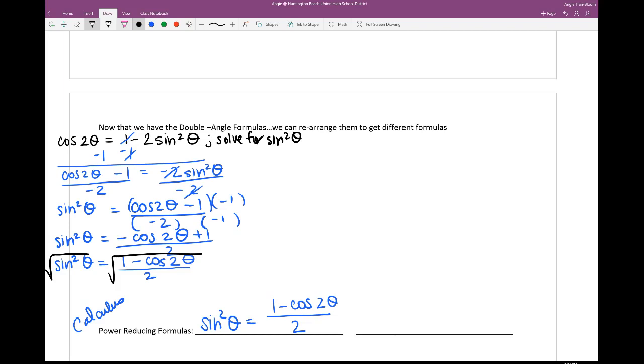So from here, when I take a square root, I will have sine of theta equals plus or minus, big radical, 1 minus cosine of 2 theta all over 2, and that's all under the radical. Then from here, what if I say, you know what, I'm going to do something. So from here, I'm going to say let